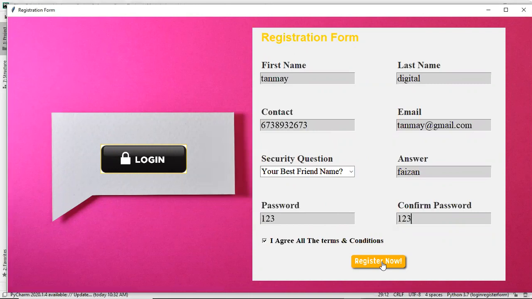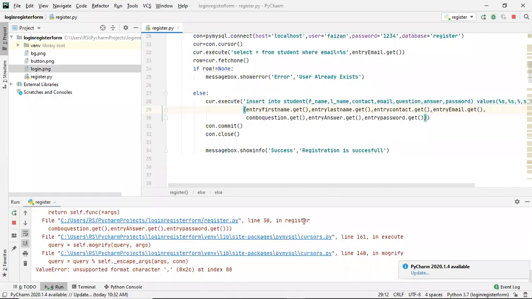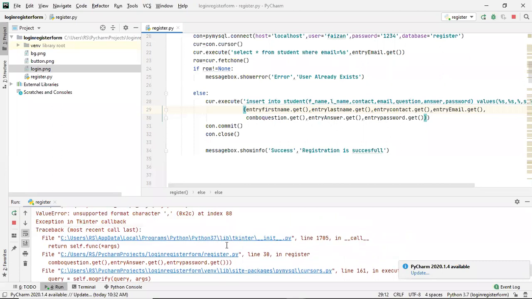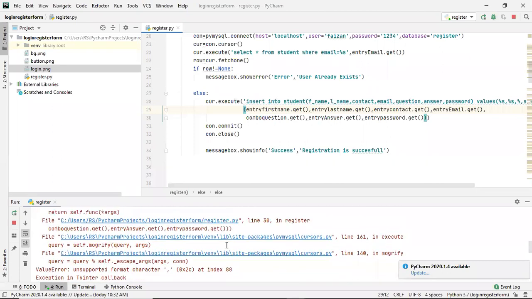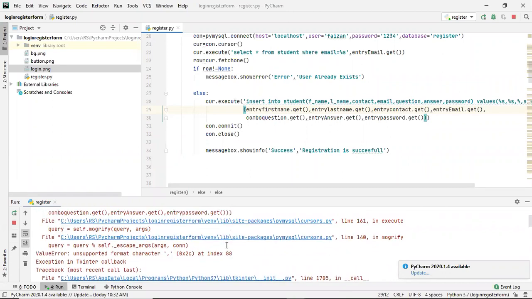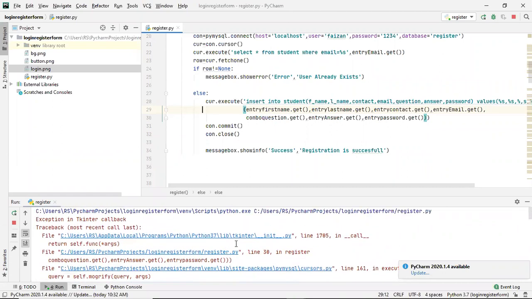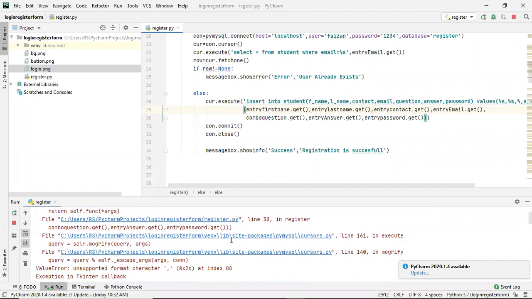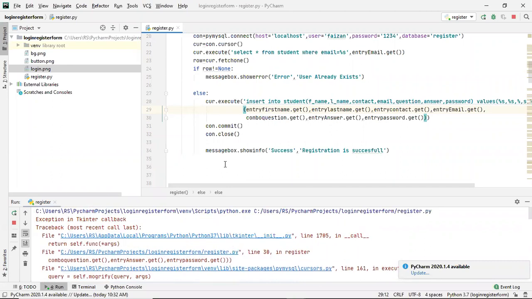Nothing has happened. Why? This didn't work. Got an error. Yeah. So what is the error? What we are going to do here, we will be keeping everything in try and except.